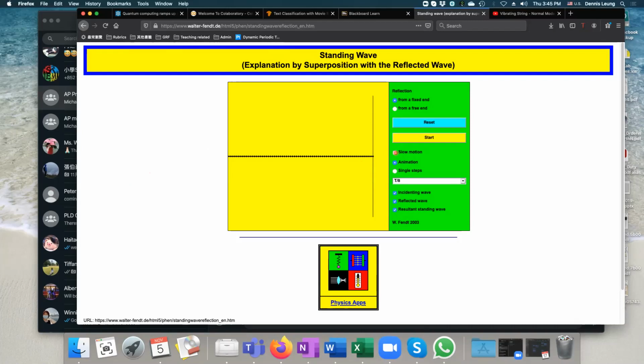And we start with a slow motion. Okay, it's too slow. Let us make it faster. So nothing really impressive is happening. It is just the wave traveling from left to right. It is a red wave traveling from left to right. Okay, now it is about time. So it hits